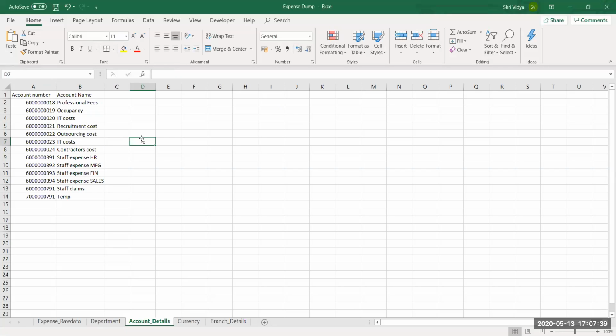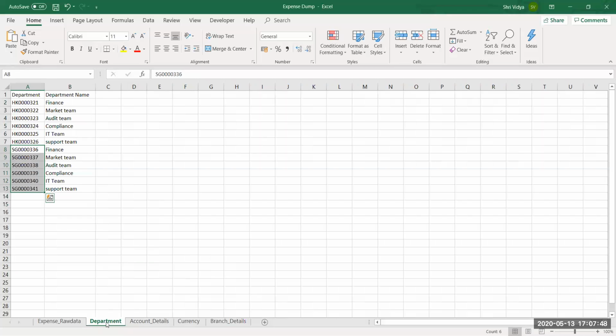You need to know where exactly you have spent your money. For that reason you have these account names. Again, different departments could have spent on it, so we have all the names of the departments here. These departments belong to two different branches. Maybe the same set of departments but in two different branches, so we have different department numbers to identify them.